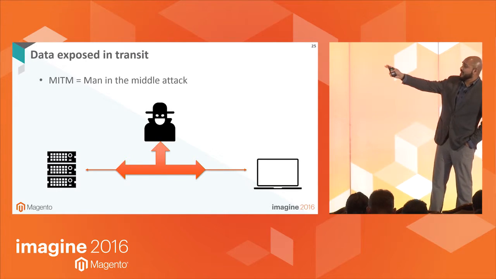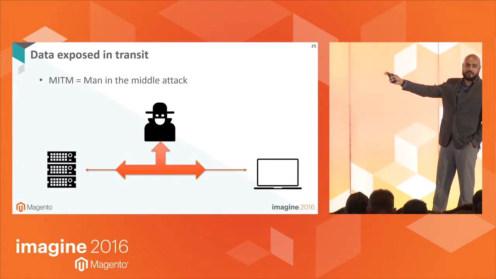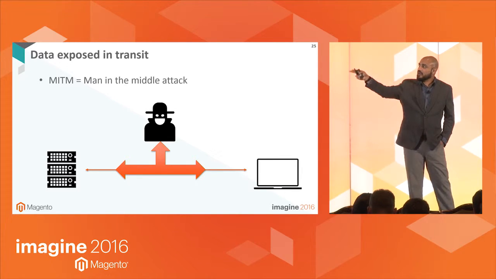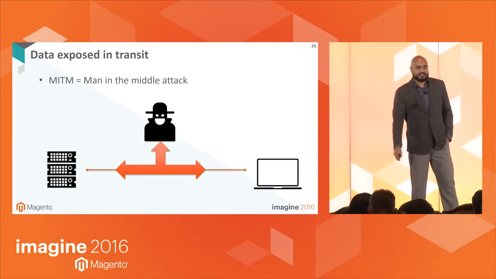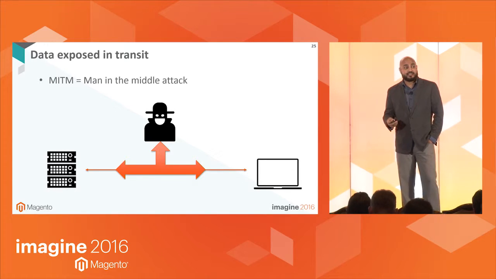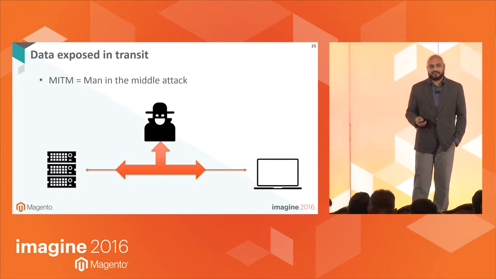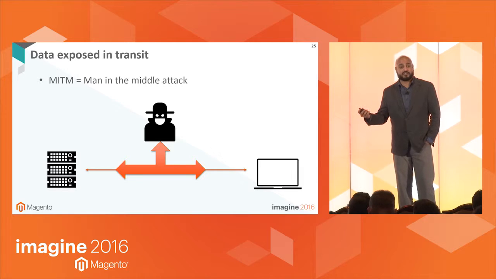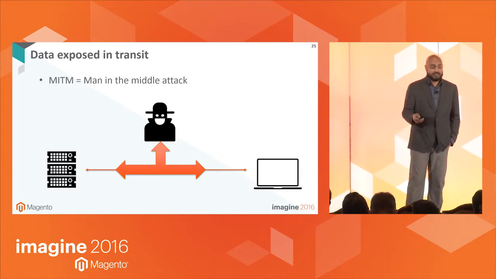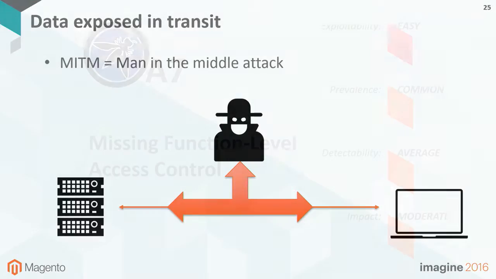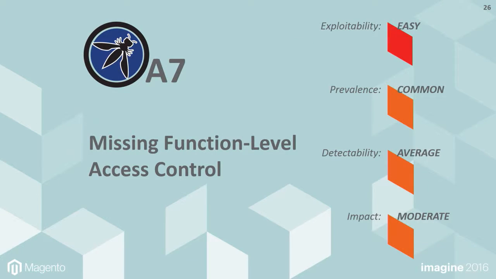He could be in a coffee shop sniffing Wi-Fi, or he could be coming out of a data center where some governments, some oppressive governments, have stolen data coming out of servers that were going to their citizens. I'm not going to name countries, but it's a fairly dangerous situation.